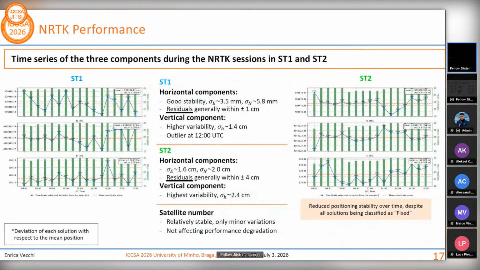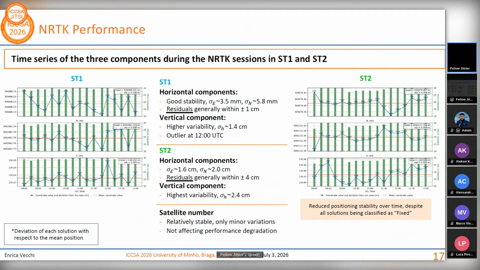Here you can see the time series of the 3 components, easting, northing, and height for the semi-open environment and the obstructed area. Also, the satellite numbers are represented by the green bars, and the mean of the solution is represented by the red dotted line. What can we say from this result is that in the semi-open environment, there is again a good stability where the sigma values, so the standard deviation of the NRTK positions, are around 3.5 millimeters and 5.8